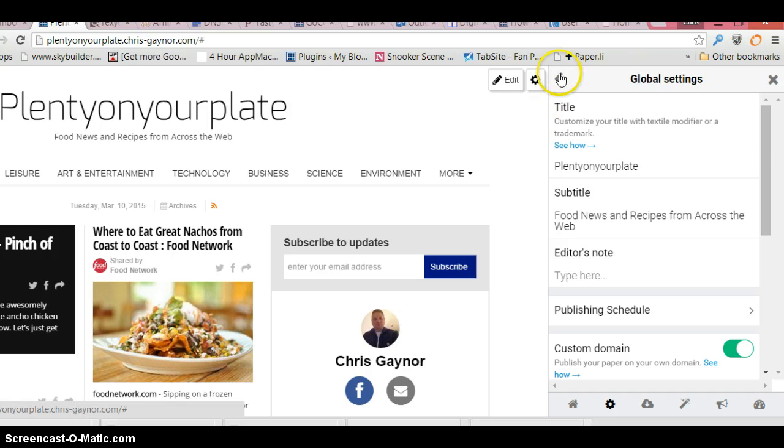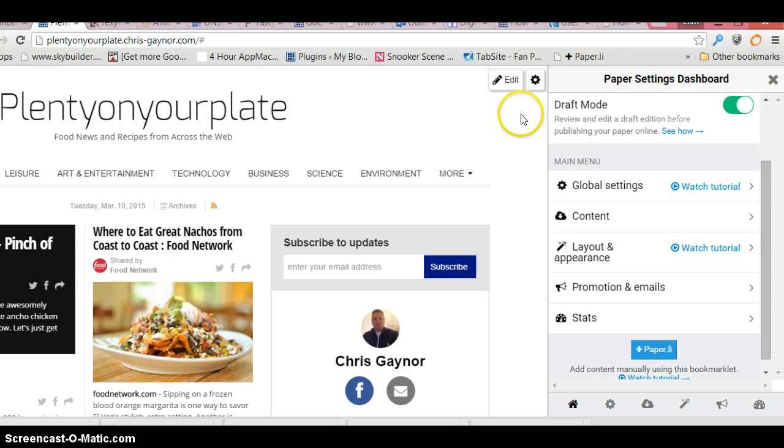Once you sign up to paper.li, there is a free version, but if you want your own custom domain, you'll have to get the premium version, which is about $9 per month,